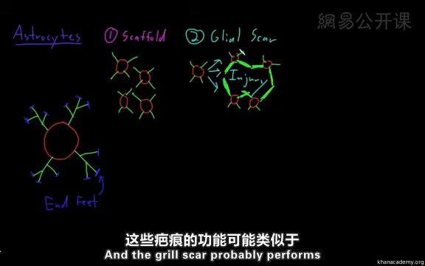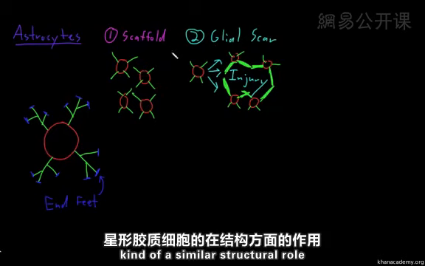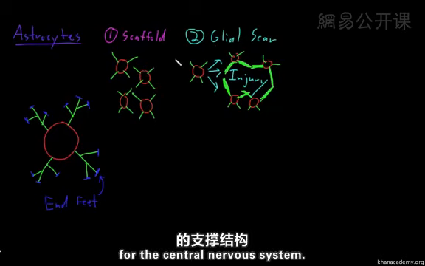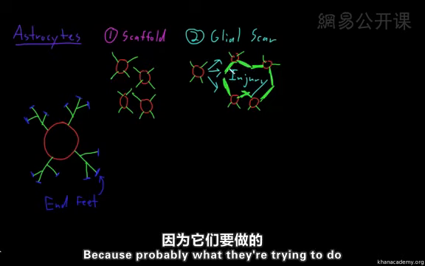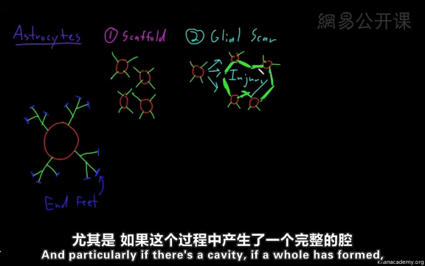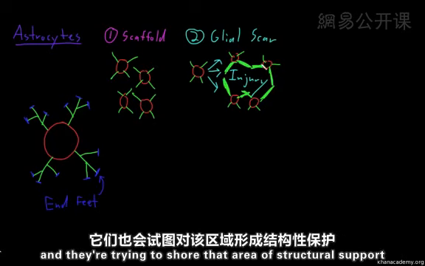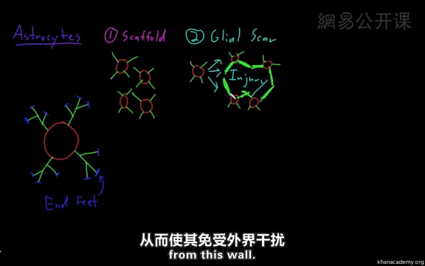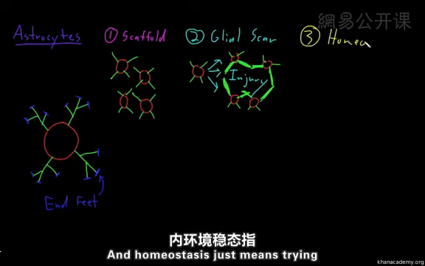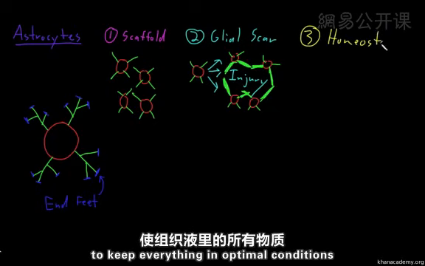And the glial scar probably performs a similar structural role to astrocytes' role as the general scaffolding for the central nervous system. Because probably what they're trying to do is wall off an injured area, and particularly if there's a cavity, if a hole has formed, they're trying to shore that area up with structural support from this wall. Another function of astrocytes is homeostasis, and homeostasis just means trying to keep everything in optimal conditions in